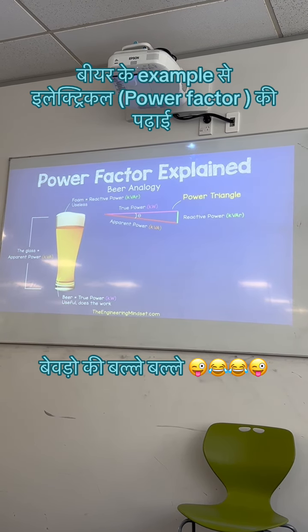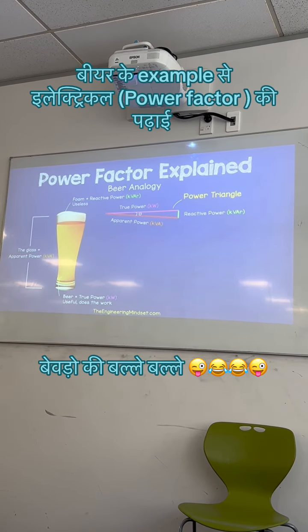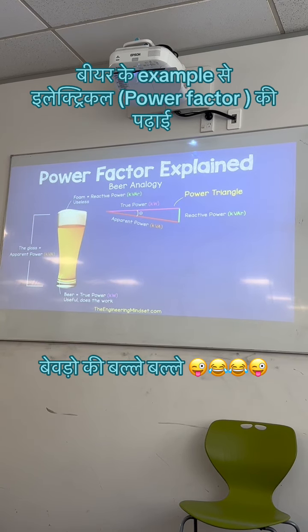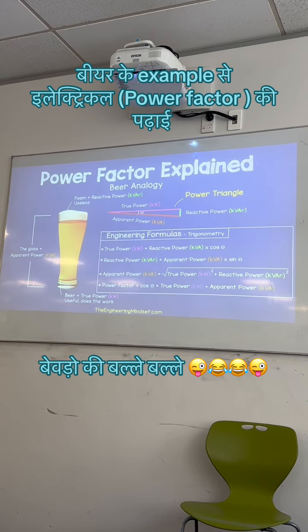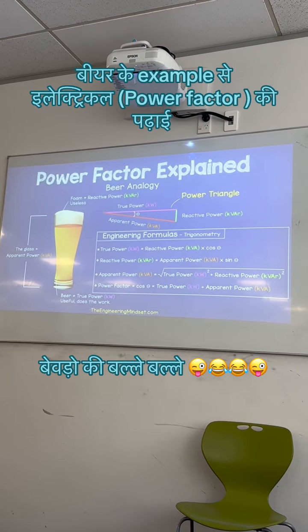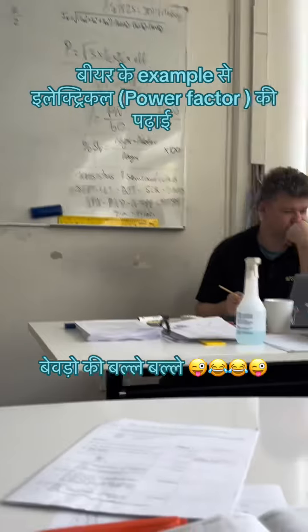You see, as the reactive power, or the foam, increases, then so does the apparent power, or the kVA. We could then use trigonometry to calculate this triangle. I won't in this video as I'm just covering the basics, so we'll just see the formulas you need, but we'll do